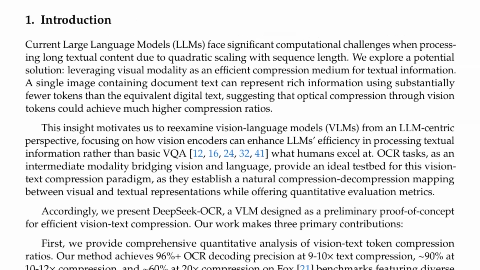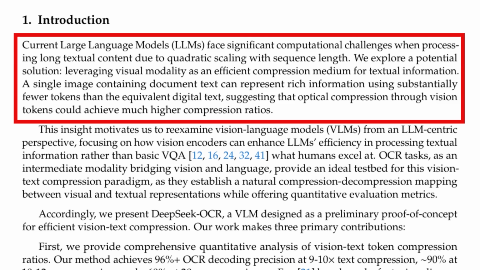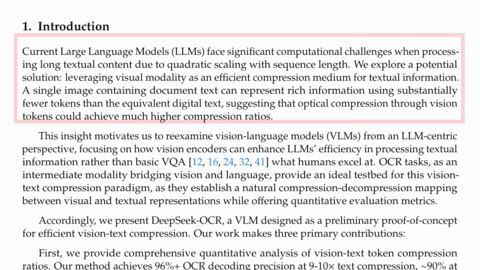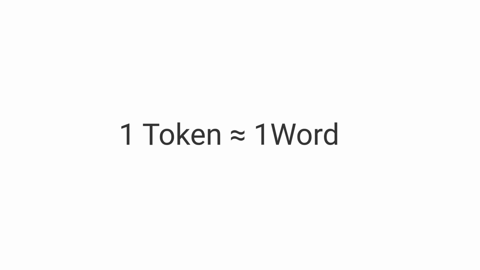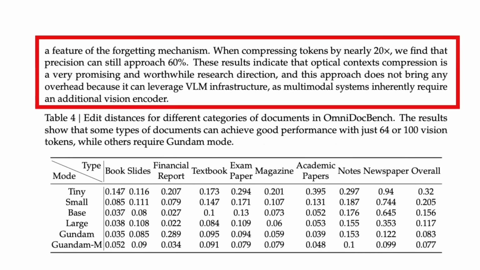As you probably know, one of the issues with large language models is how they effectively handle long contexts or really long documents. And we would like to be able to go not just to 1 million tokens, but 10 million tokens, perhaps even more. The challenge is we've got roughly 1 token per word. Now, the core breakthrough here, what they're calling context optical compression, is instead of just thinking about converting an image to tokens, what if we could store text in images?